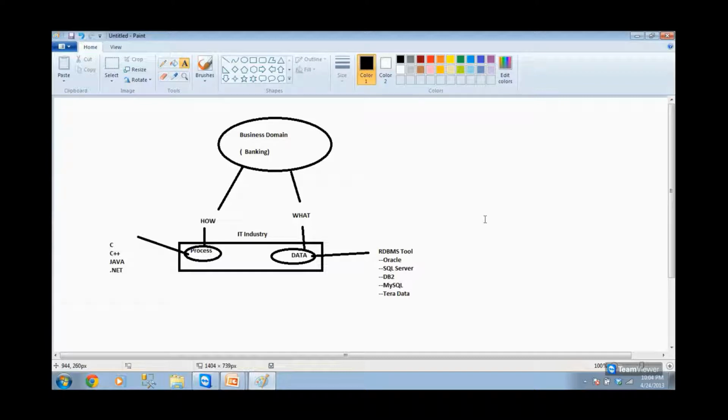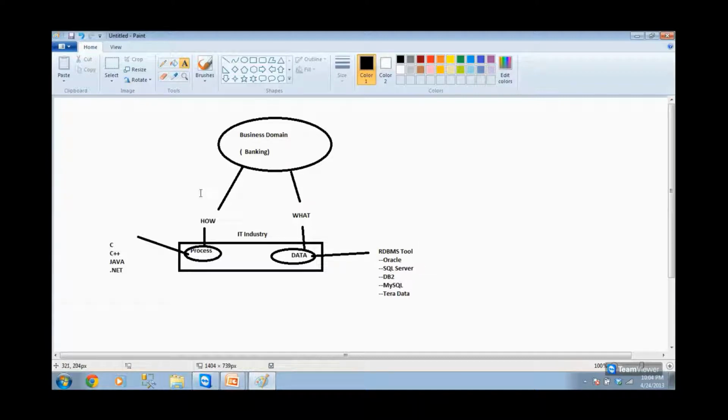But the question is, how do I understand each and every process of a bank? For example, cash withdrawal is a process. Cash deposit is another process. Cheque deposit is another process. Cheque cancelling is another process. Applying for a credit card is another process. How do I understand each and every process of a company? The company could be a bank here. Bank can be ICICI Bank, HDFC. So how do I do that?